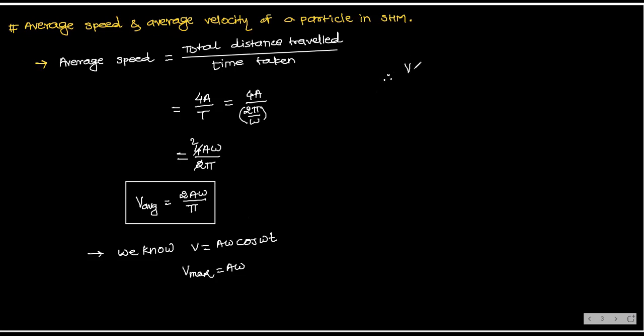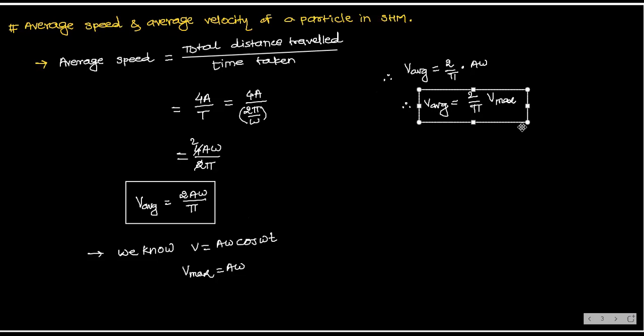Can I write like this? V average is equal to 2 by pi into A omega, and therefore V average is equal to 2 by pi into V maximum. Okay, understand? V average is equal to 2 by pi into V maximum. Clear? This is maximum velocity. Now,